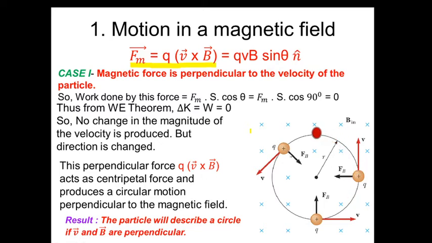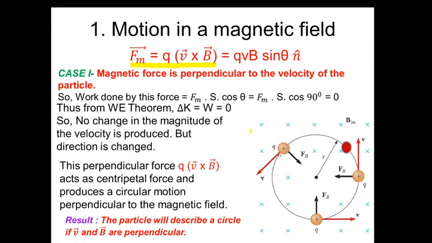So here, if we see at any point velocity is along tangential, then force will be perpendicular. If we use the left hand rule, that is the father, mother, child or EMF, that force is also perpendicular to this one. So work done by this force is zero. Now from the work energy theorem, work is change in kinetic energy, and here work is zero, so change in kinetic energy is zero. So we can say the magnitude of velocity is not changing, but direction is changing.